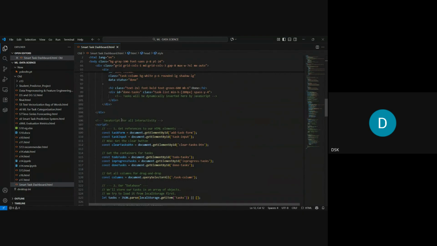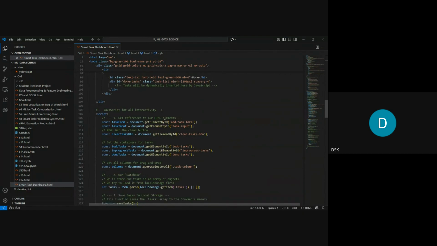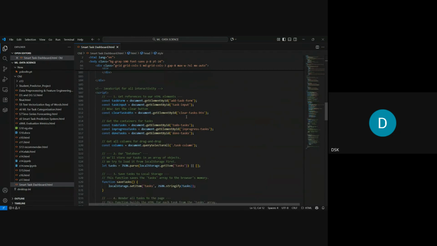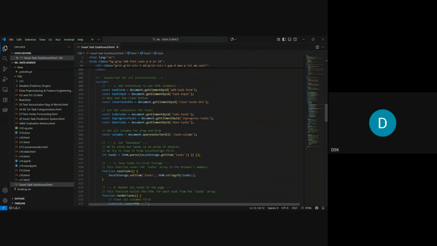And the interactivity for JavaScript. So as stated, the task.com, the task input, the clear task button is there, and we are using a container for task. And we need to get all the columns to drag and drop, right? So this was used by this. And our database is like we'll store our tasks in an array of objects,